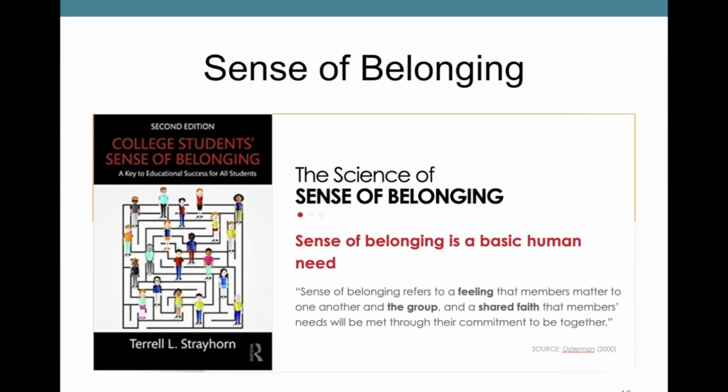Sense of belonging is a basic need and a human right. It refers to a feeling that people matter to one another and to each other in a group, and it reflects this shared faith or belief that somehow our individual needs will be met through our collective commitment to being together. Sense of belonging has a wide range of definitions, and one aspect of the theory, which is in 3 parts,